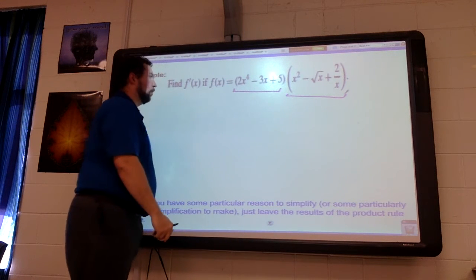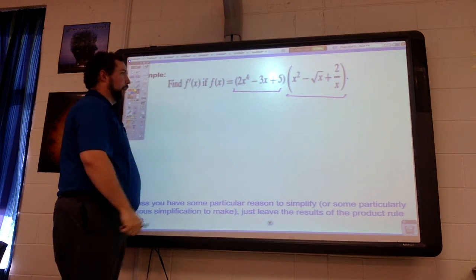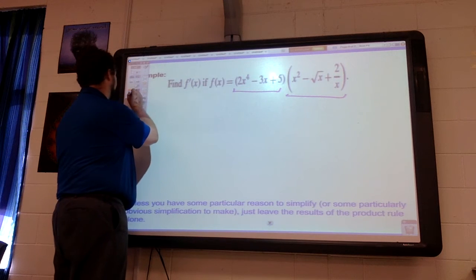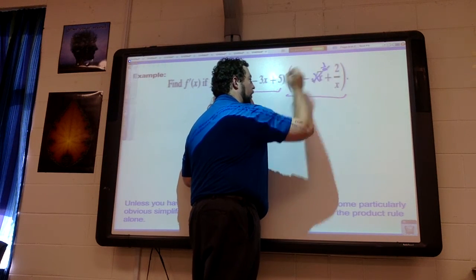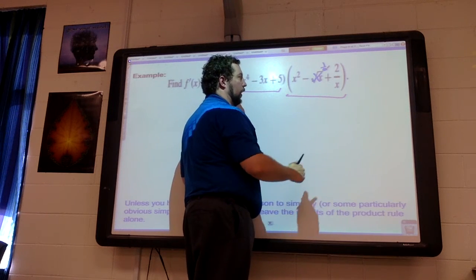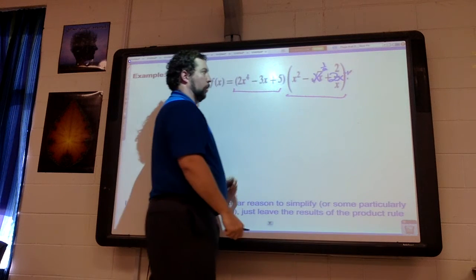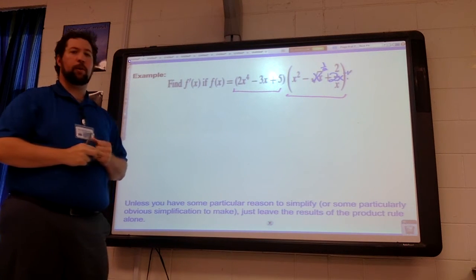Before I do that, we can rewrite some of this stuff over here. Instead of the square root of x, I'm going to rewrite that as x to the 1/2 power. And instead of writing 2 over x, I'm going to write that as 2 times x to the negative first power, just so the power rule is easy on us. So if we do the product rule,